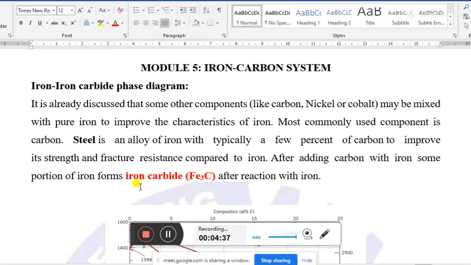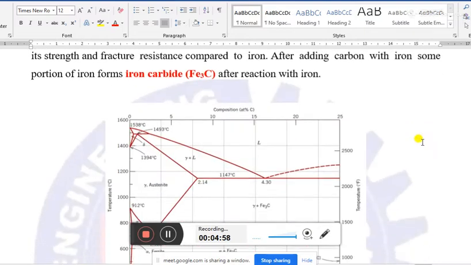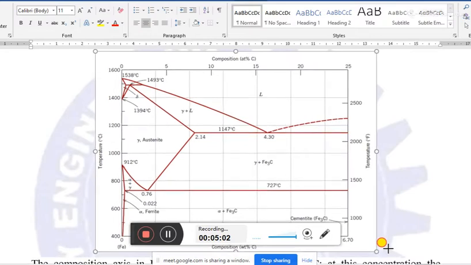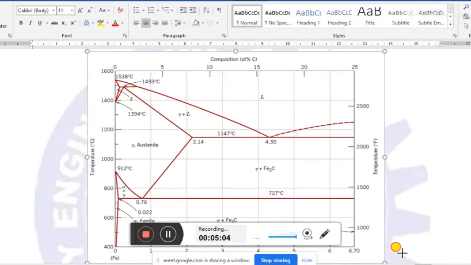And here the iron carbon system, or the iron and iron carbide phase diagram, is one example of a binary phase diagram where the two components are iron and iron carbide. Okay, now going to the phase diagram, I think I can enlarge the diagram